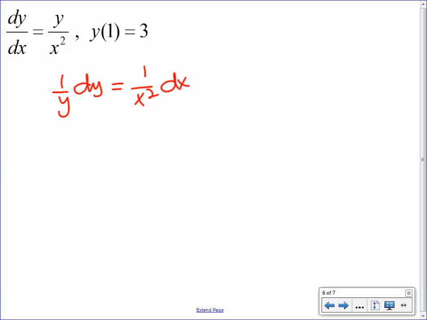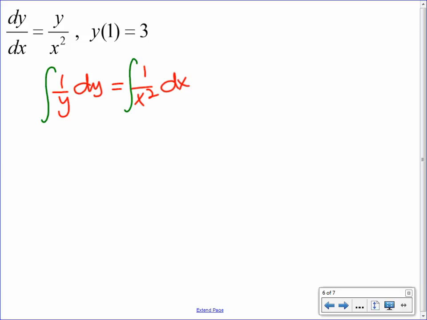You can write it as dy over y, but I like writing it as 1 over y dy because it's easier to see that that's when I need to use my natural log. I don't care how you write it, but if you have trouble placing that as a natural log, you can write them separately. Okay? So when we integrate both sides,